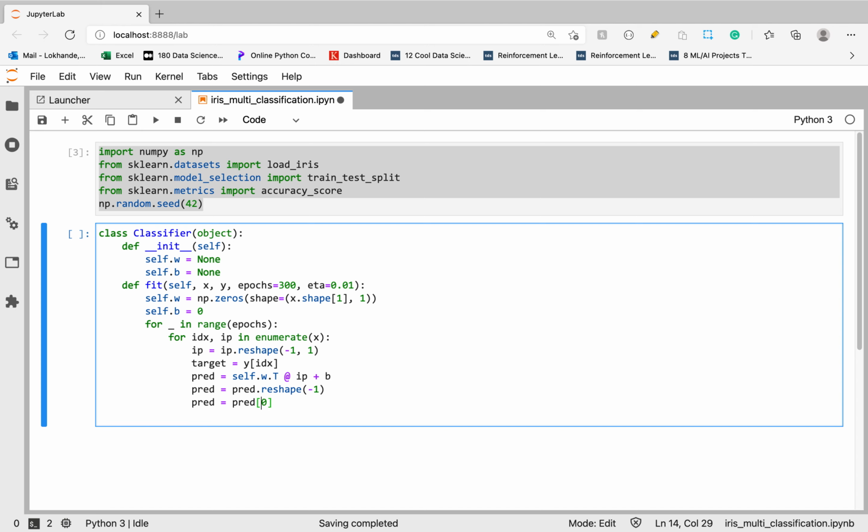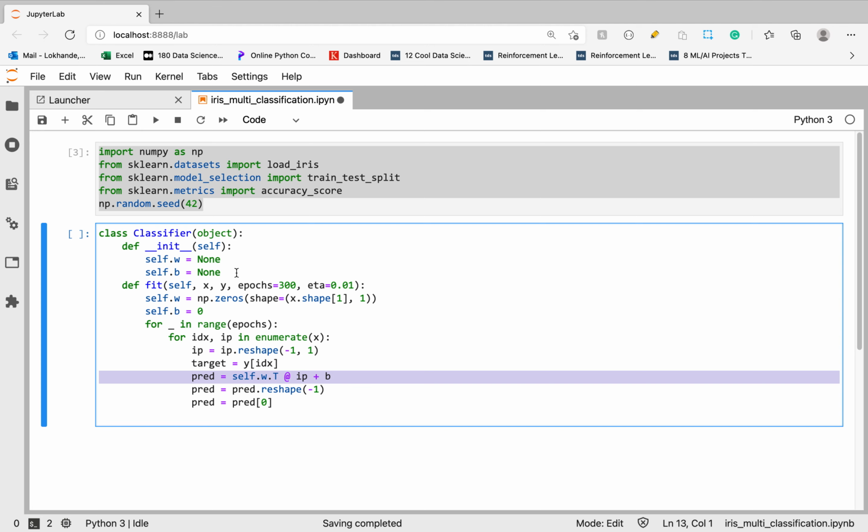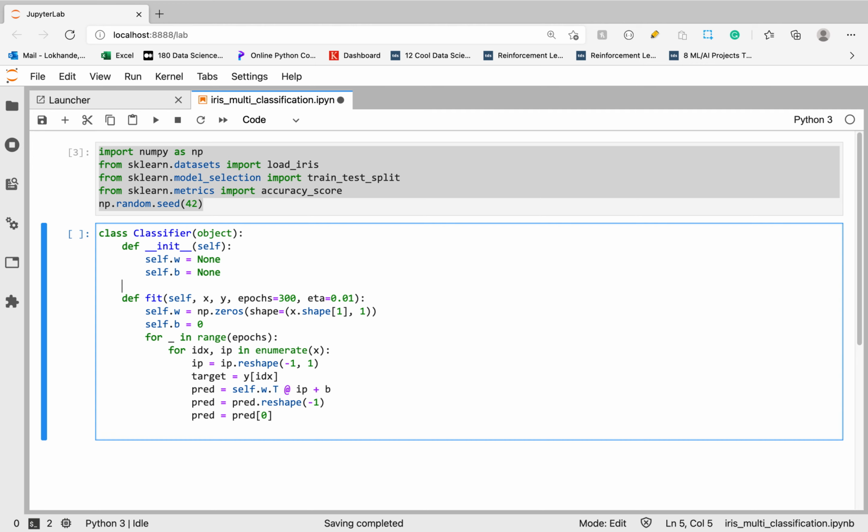Here we need to apply one extra step because it is a classification. The output of classification is a discrete value, 0, 1, 2, just like that. It is not continuous, and this instruction gives a continuous value. We need to convert this continuous value to a discrete value. For that we will use a function called sigmoid. You can use any function, but for simplicity I am using sigmoid. You can use a simple sign function as well. If the value is positive, then return 1, otherwise -1 or 0.